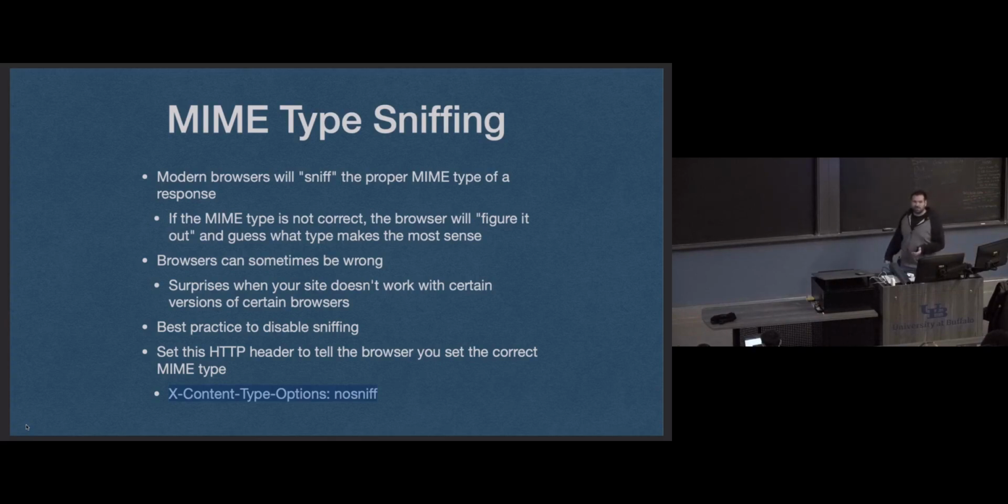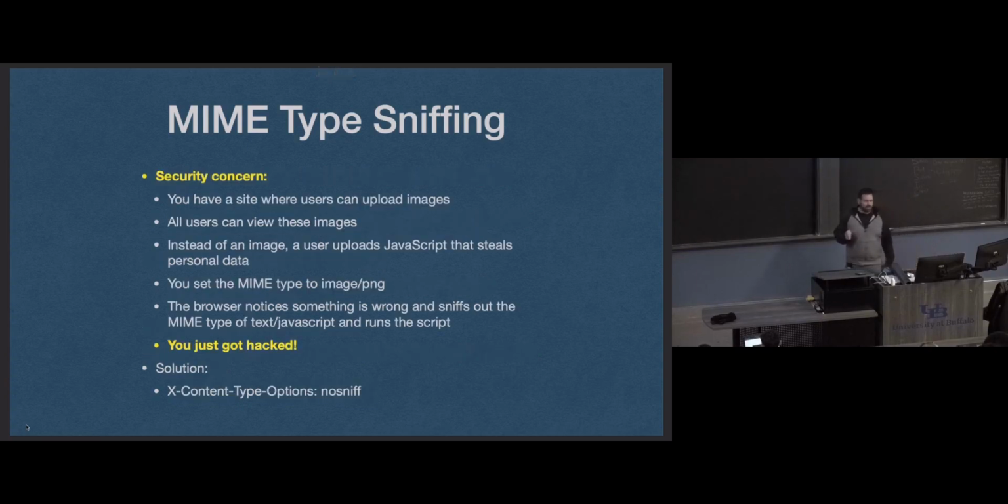Disable this MIME type sniffing and just get your MIME types right. If you have the right MIME type and disable sniffing, then you don't need that sniffing. You only need the MIME type sniffing if you made a mistake in your MIME type. Which is like, okay, well, maybe I just want to make mistakes and let the browser cover for me, which is fair. The problem with this, the concern is, say, like for homework 2, you're going to build a server